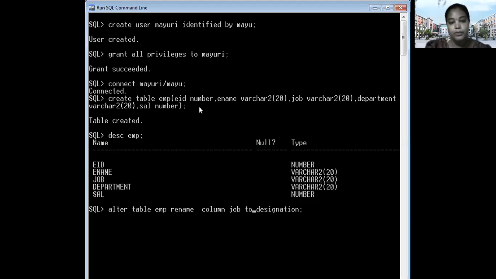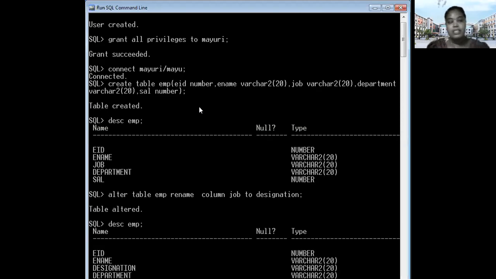Drop the old column name to the new column name. Table altered. Next, you have to observe whether it works properly or not by using describe.